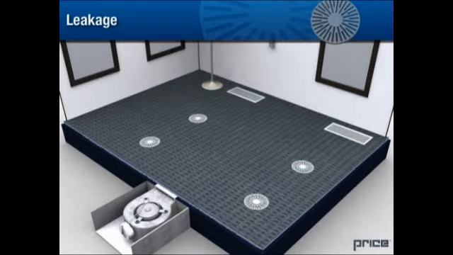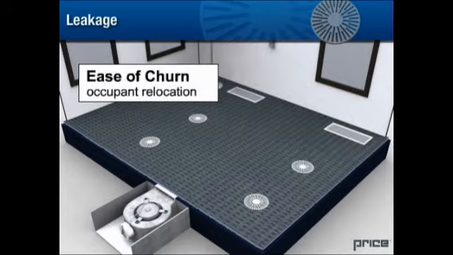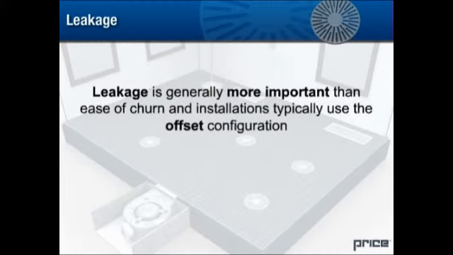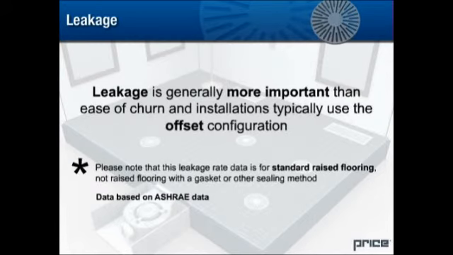It should be noted that the way the carpet tiles are arranged can impact the ease of churn or occupant relocation in the future, with the aligned configuration requiring the removal of only one carpet tile to access a floor tile, making diffuser relocation easier. Leakage is generally more important than ease of churn, and installations typically use the offset configuration. Please note that this leakage rate data is for standard raised flooring, not raised flooring with a gasket or other